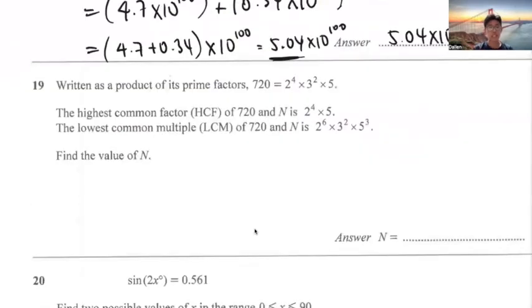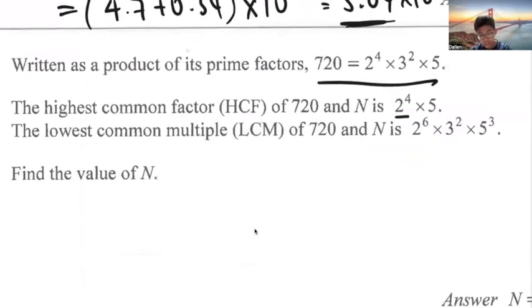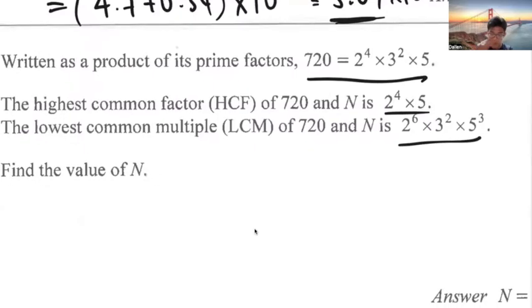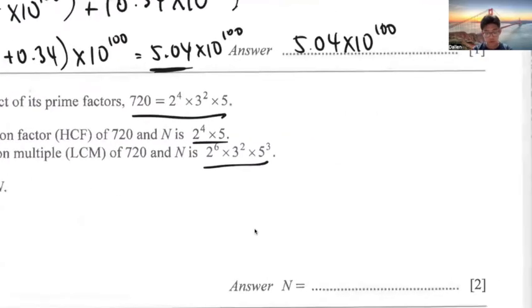Okay, so this is question 19. Written as a product of prime factors, this is this. HCF is this between 720 and n. The lowest common multiple is this, right? So we recall,